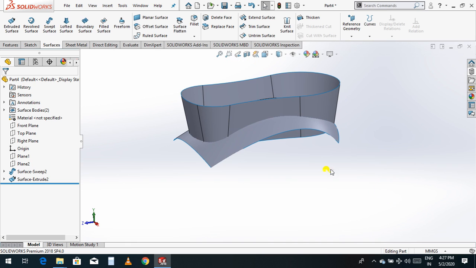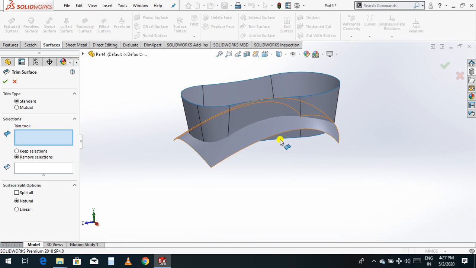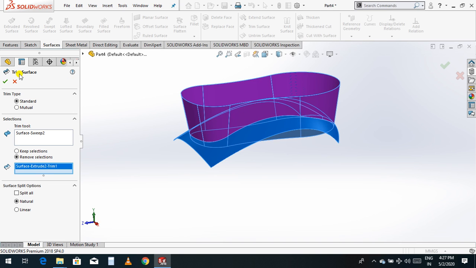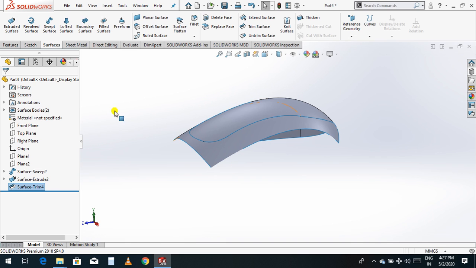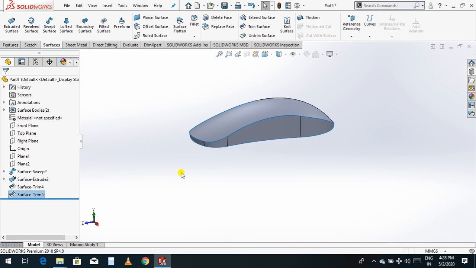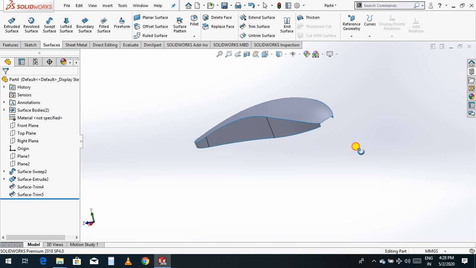Now what I have to do, just go to trim surface and trim this one, and this is the part to trim. Now go to trim surface, select this is the main body, click OK. Now you can see again it is happening here.